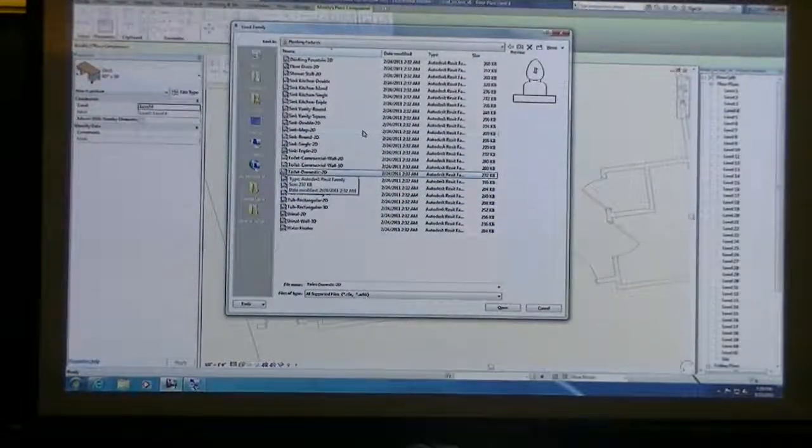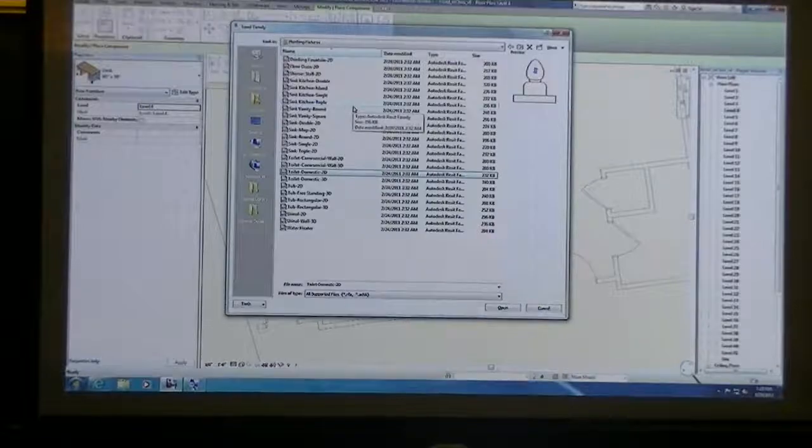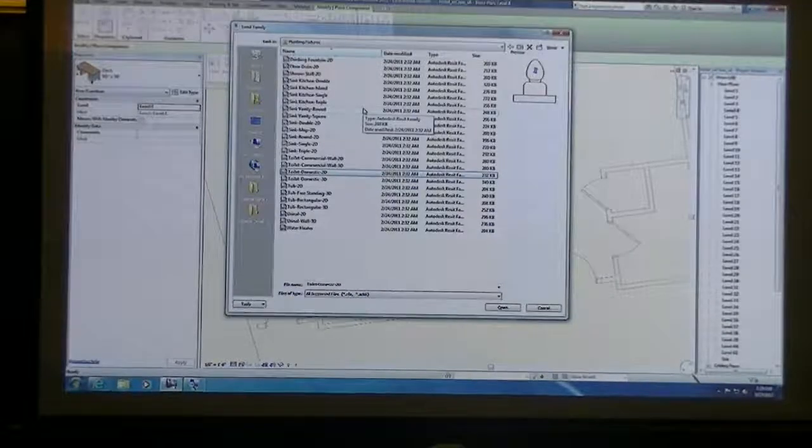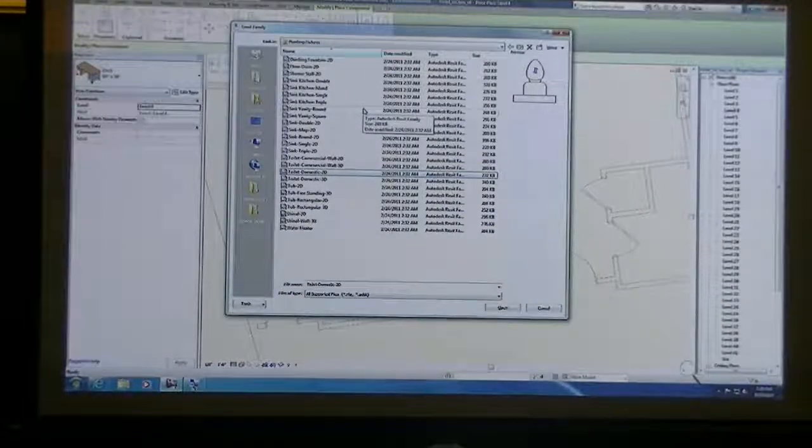But what I want to show you is that eventually you may have different family types, much like the door that we placed last time, that we need to be able to load in, and also be able to know where to find additional family types. If a family did not come with Revit, it doesn't mean you have to go out and create your own. There's already been a whole bunch of people that have created their own components and are sharing them with everybody on the internet,